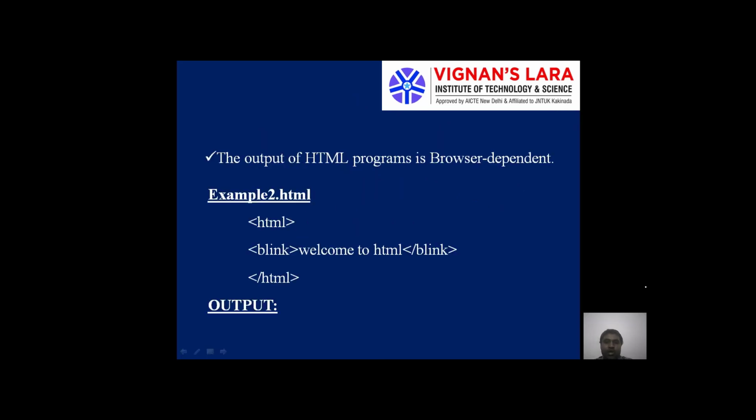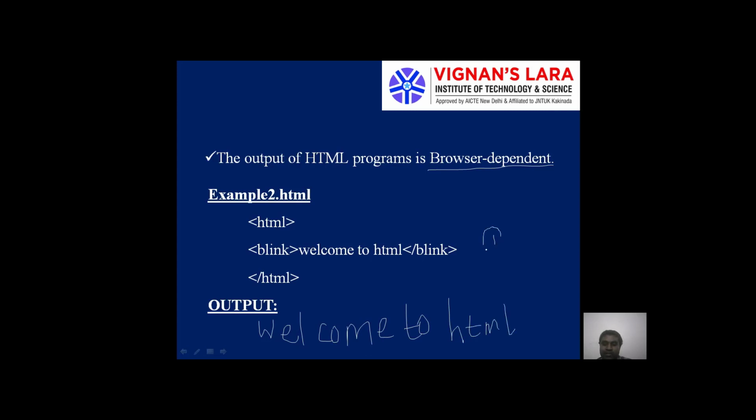We'll see one more example. The output of HTML programs is always browser dependent. Let us say for example like this. You have written something like this. So here the output of this program is welcome to HTML.